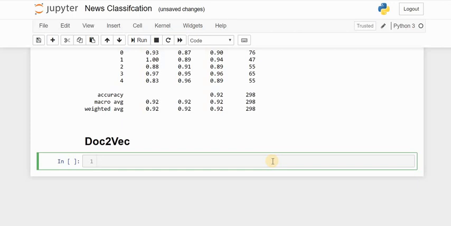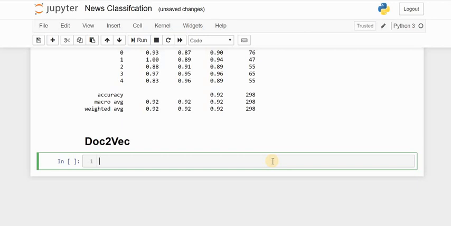My aim is not to go into detail on the advantages of one over the other and which is the best one to use. There are a lot of good resources already available to read, but my focus here is to show the power of doc2vec in solving this problem.